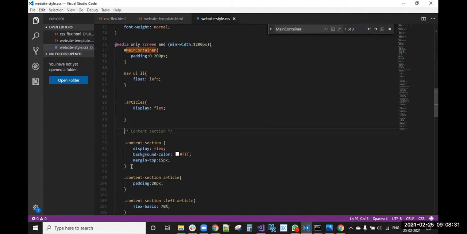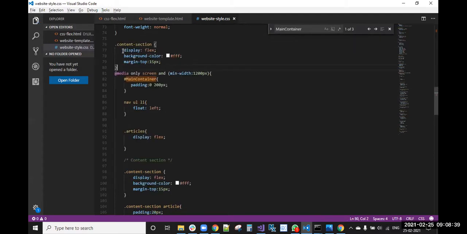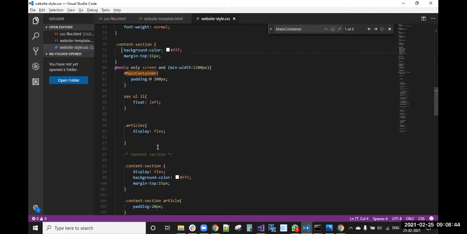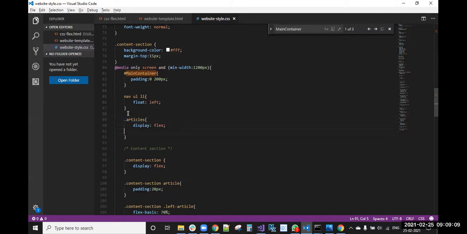This content section, content display flex is there, right? Background color white. So what we will do, I'm copying this one outside, but this display flex is there, right? That I'm removing actually. I don't want that display flex in the small devices. So I have removed that. Margin-top 15 pixels, these two I have already kept outside, so we can remove those common properties. So always keep the common properties outside. Only the things required to change, those properties only we will keep in the media queries. Otherwise, the same things in two places will not look good.